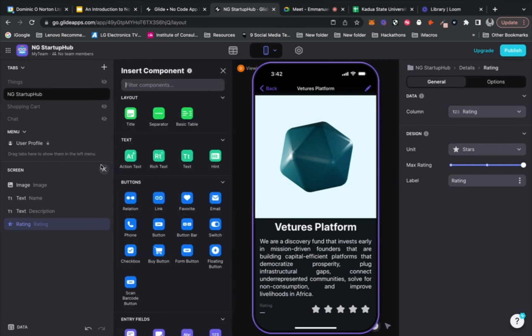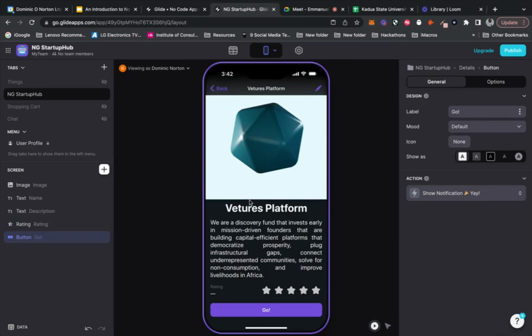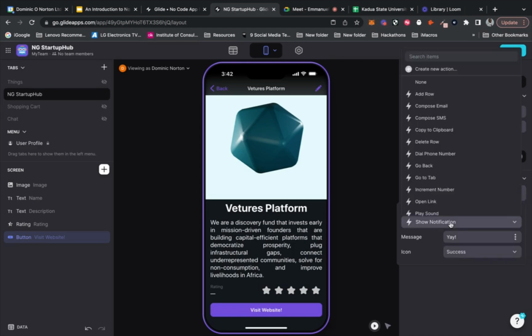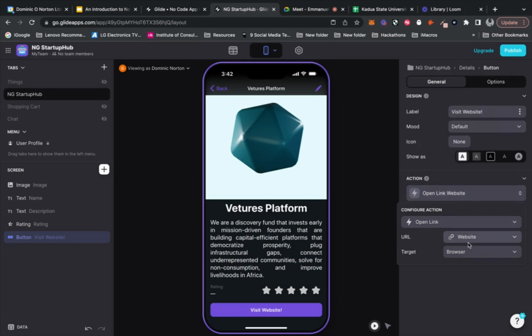One of the last things we're going to do on this page is add a button so users can visit the resource. So we're going to say visit website. And we're going to select open link and open link in the browser.